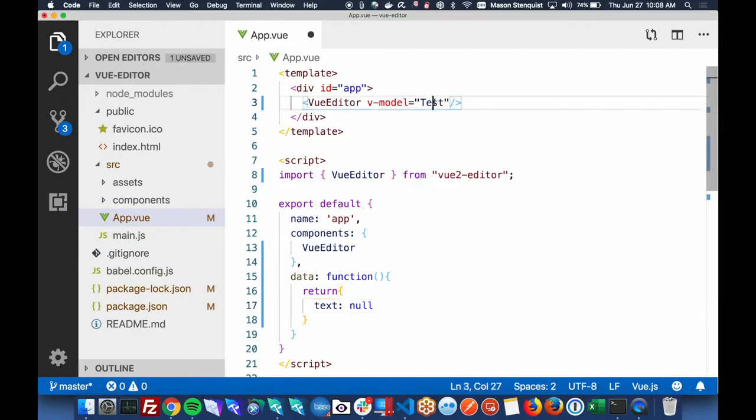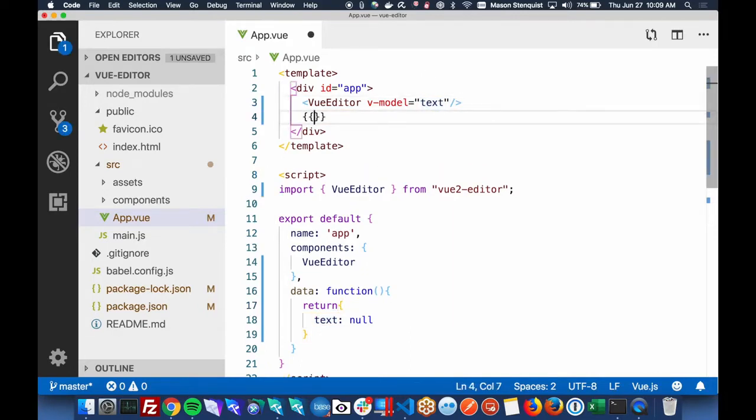And up here, we are binding it. So we're saying this model, this Vue editor, whatever we type in there is going to be bound to this data property here. Why is that useful? Well, we can actually display it down here. In fact, text is fine.